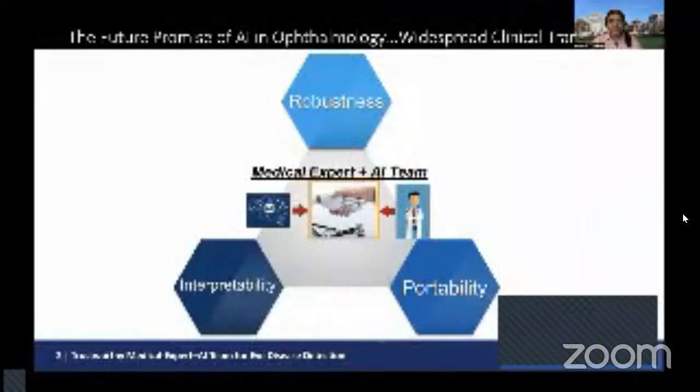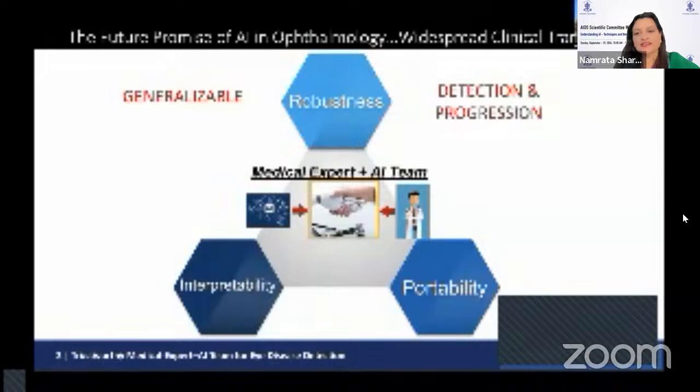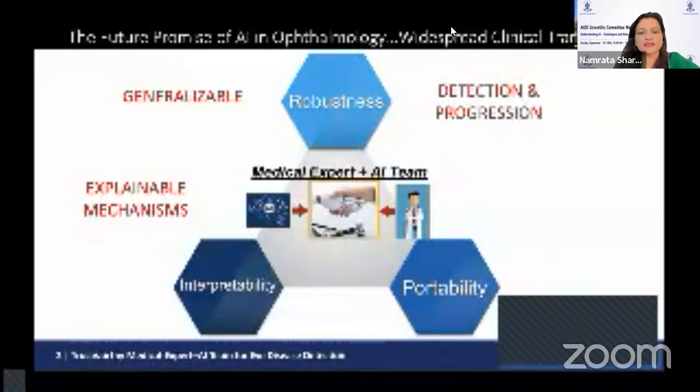So in my lab, we seek to enable the widespread clinical translation of AI in the ophthalmic clinic by achieving these three key thrust areas: robustness, interpretability, and portability. Towards robustness, we seek to develop algorithms that are generalizable to data collected from multiple locations and that can not only detect disease, but also determine when disease is progressing. Towards interpretability, we develop algorithms whose mechanisms are explainable and whose logic is clinically valid. And towards portability,